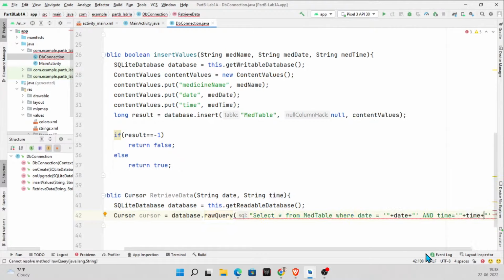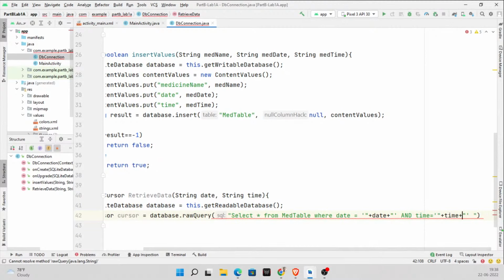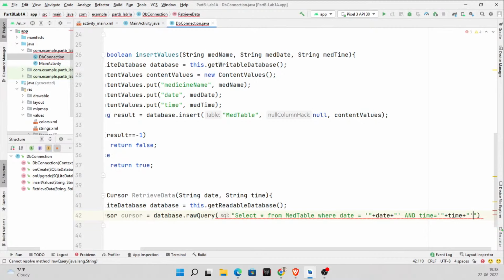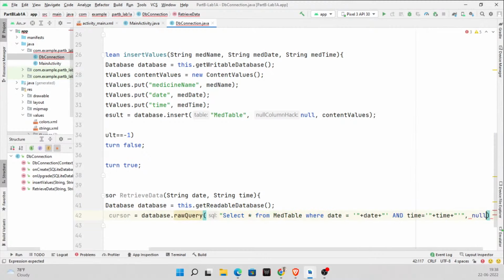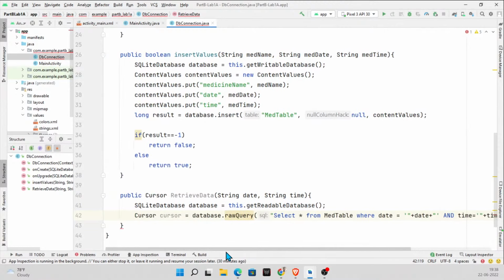Fine. So here, let's see. Now you might get some error, so ensure you close this properly. So this is fine, and then the last one will be the arguments. So I just type null for that, null. Okay, so it says the selection arguments. Now I just put a semicolon. So far, yes. Okay, and then I think it's asking us to